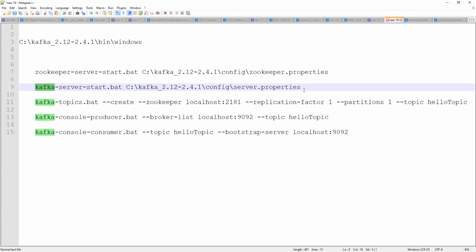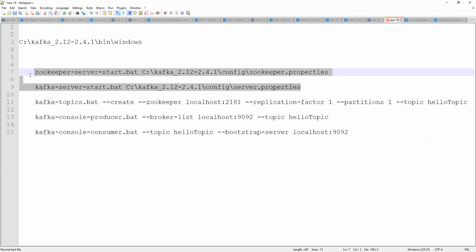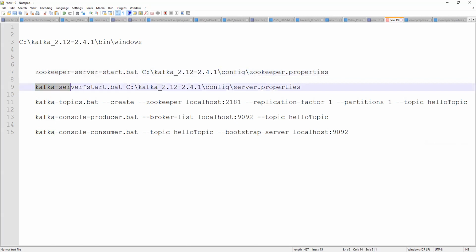When we are running, we need to give these two properties. First of all, we need to run Zookeeper start. Okay, Zookeeper is started. Now the platform is ready. Now I want to run the server. So my Kafka server is ready, and Zookeeper is ready.